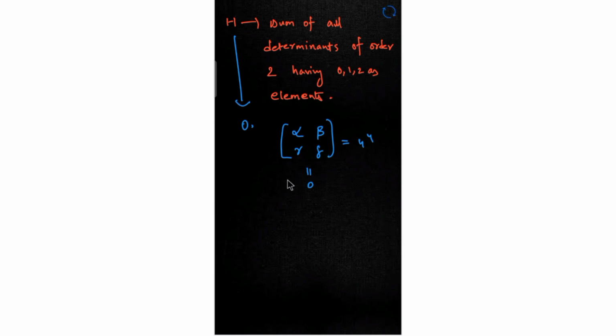Why? Because alpha, beta, gamma, delta, the 4 elements, I'm just interchanging, right? In this position I'm getting alpha, delta minus beta, gamma as my value of determinant. In another matrix, I would get beta here, delta here, alpha here, gamma here, isn't it? And what is this matrix's determinant value? Beta, gamma minus alpha, delta. If I add them, it's just equal to 0. So this is one of the rearrangements, and there are many rearrangements, like 4 power 4. If you add them, the final sum will be equal to 0. So the value of h is equal to 0.